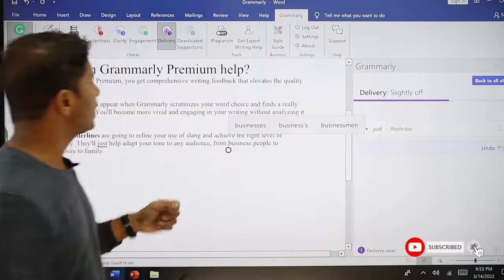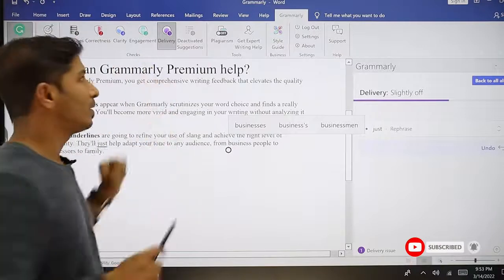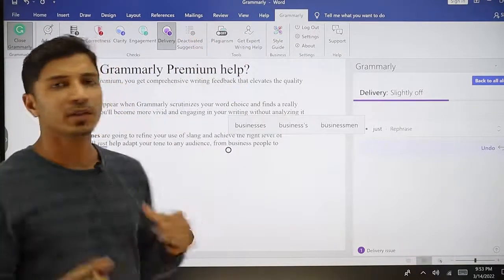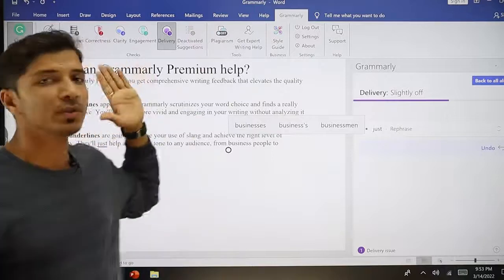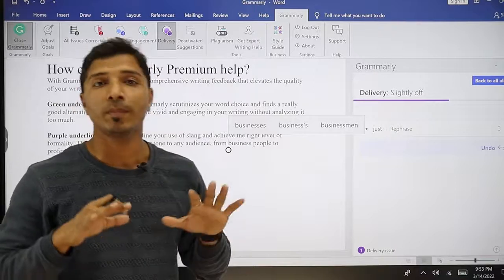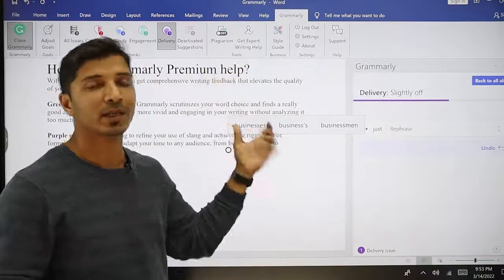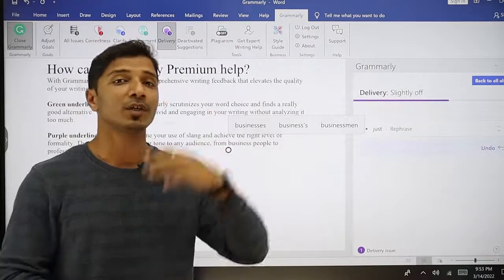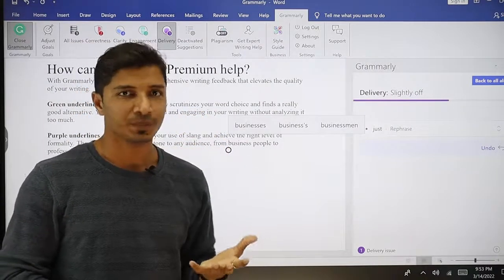Then the next option is plagiarism. Okay, this is again a very important option. Many users or even research scholars try to use this option to check plagiarism. So my friends, Grammarly is not made for plagiarism checking. Its database is not that strong that it can give you very effective results.